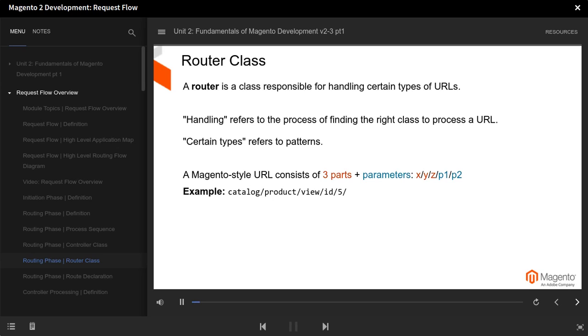A router is a class responsible for handling certain types of URLs. Each URL has to be processed by a router class, controller, or action class. Handling refers to the process of finding the right class to process a URL. Certain types refers to patterns. A Magento-style URL consists of 3 parts plus parameters. For example, catalog, product, view, ID, 5. The 3 parts refers to catalog, product, view. Parameters refers to ID, 5. So one router will recognize this URL because of this pattern. Other URLs could have other patterns. Those would be processed by different routers,